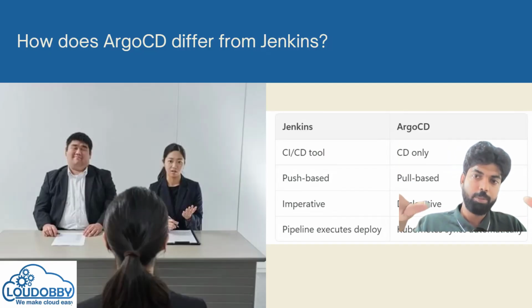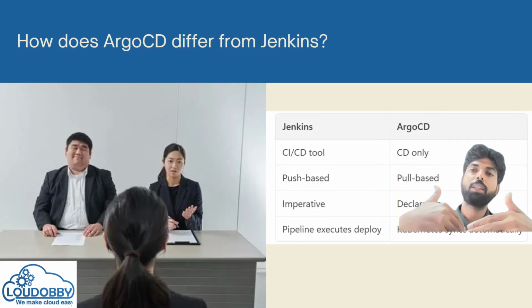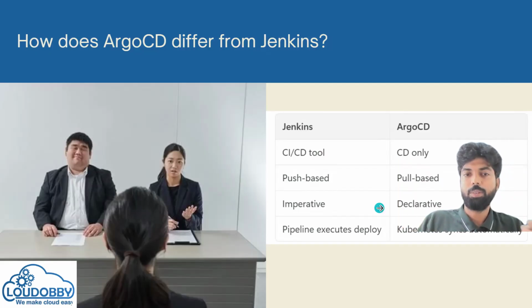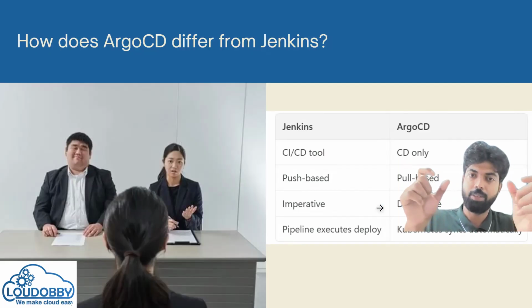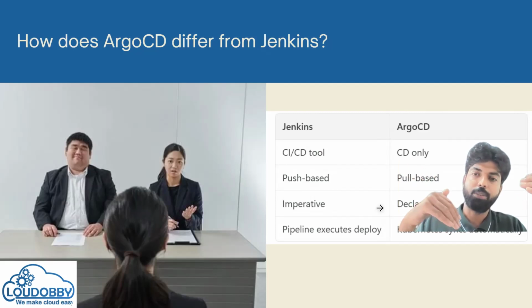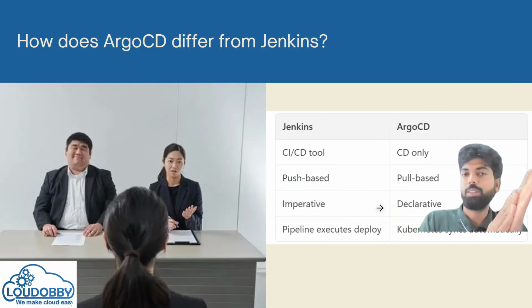Ideally, majorly, you will be using both. You will be configuring ArgoCD, and in Jenkins, you will create a deployment pipeline where there is a stage called update ArgoCD or update image. For example, you are deploying a new version of your application to your Kubernetes. So what you will do is update the image number in the Jenkinsfile or in the Jenkins parameter. Jenkins will update the ArgoCD YAML, and once the YAML gets updated by Jenkins, ArgoCD will fetch it.